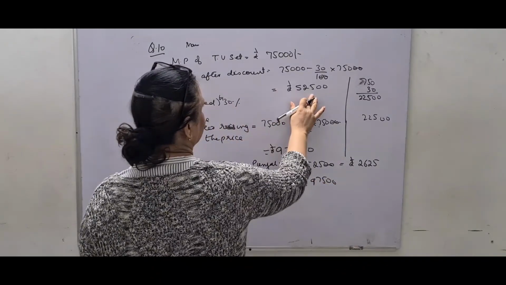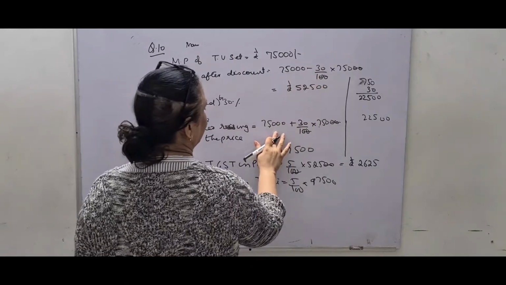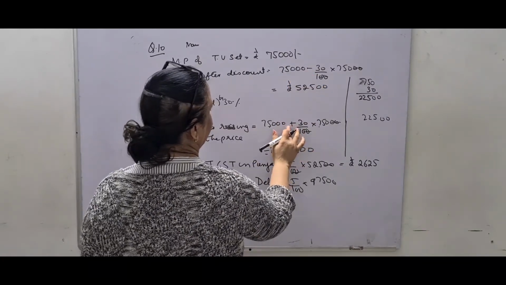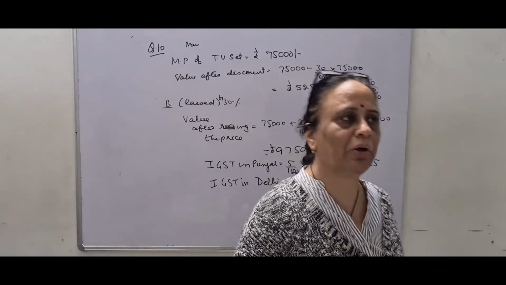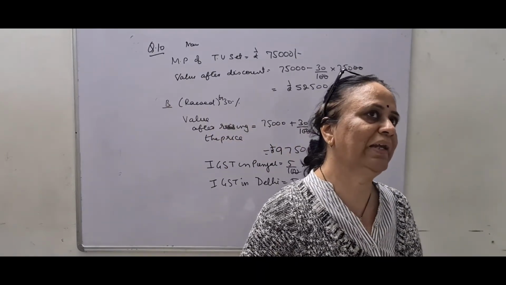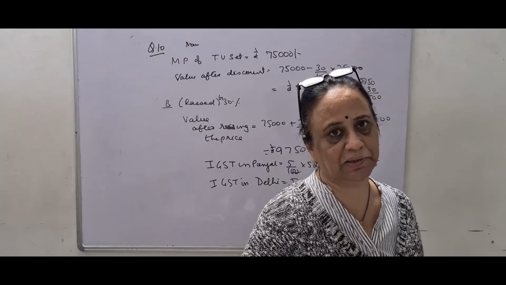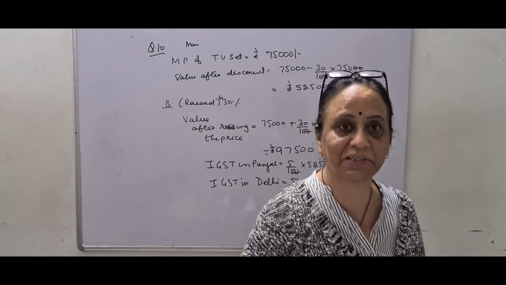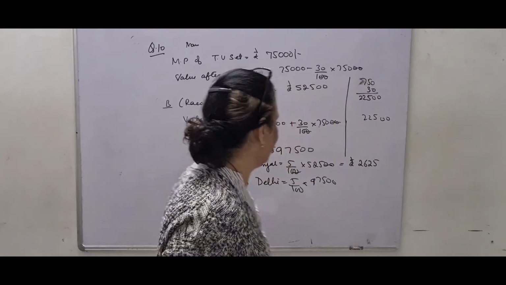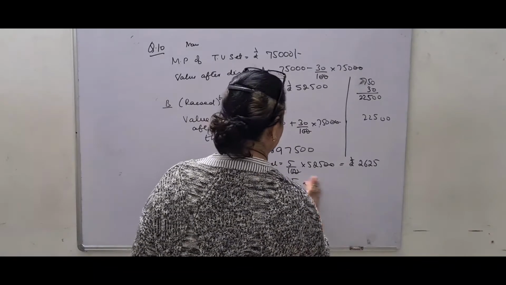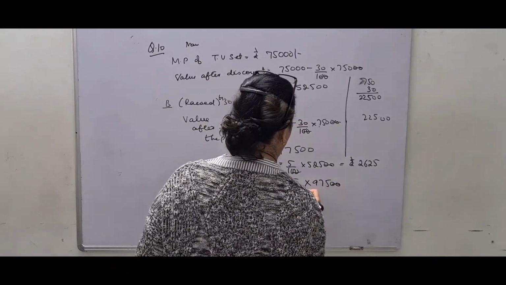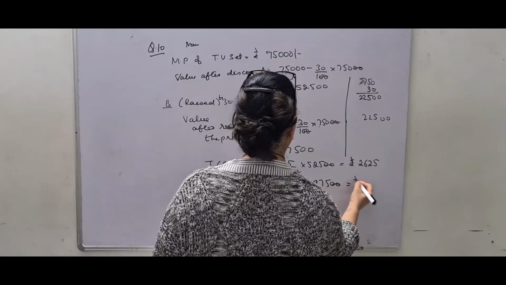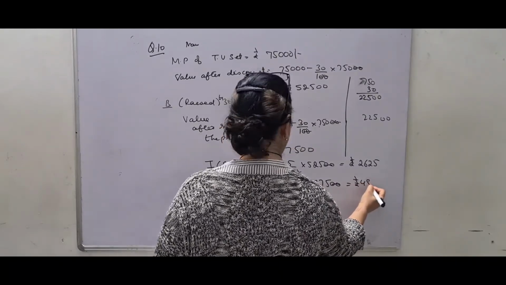In the first case it was a discount, so I subtracted. In the second case it was raising, so I added. The first thing is you have to find the basic price, because you cannot make any change in GST. That is 5%, it will remain the same at every step. So after calculating it, see 97,500, you will again get rupees, whatever you get after calculating.